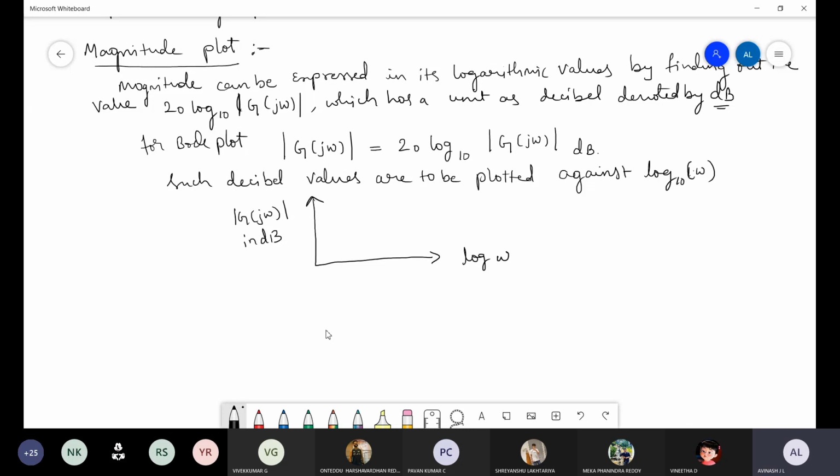So we have just taken the x-axis as well as the y-axis. We are not considering the entire thing, just the x-axis and y-axis. In due course, when you are plotting the graph, we will be able to understand it in a better way. So that is the magnitude plot. Another plot is the phase plot, so write phase angle plot.